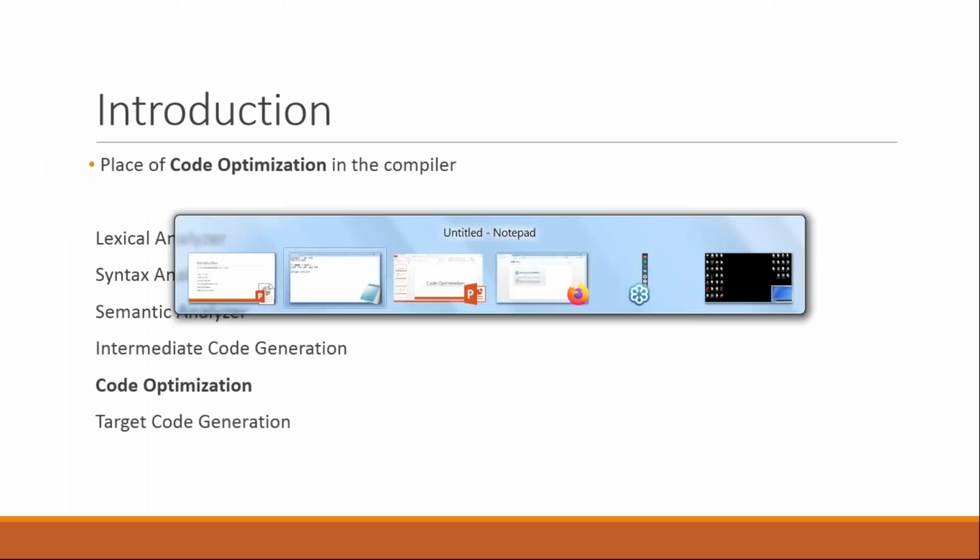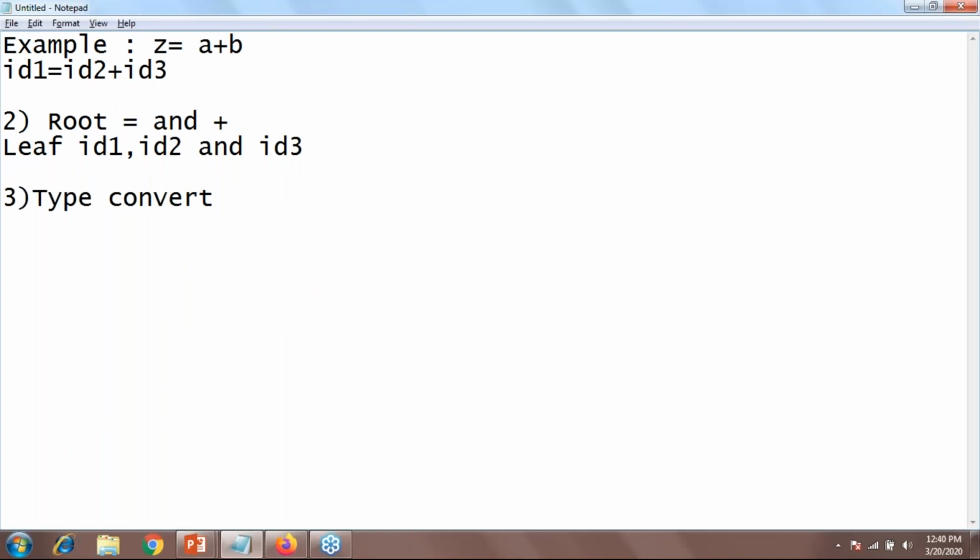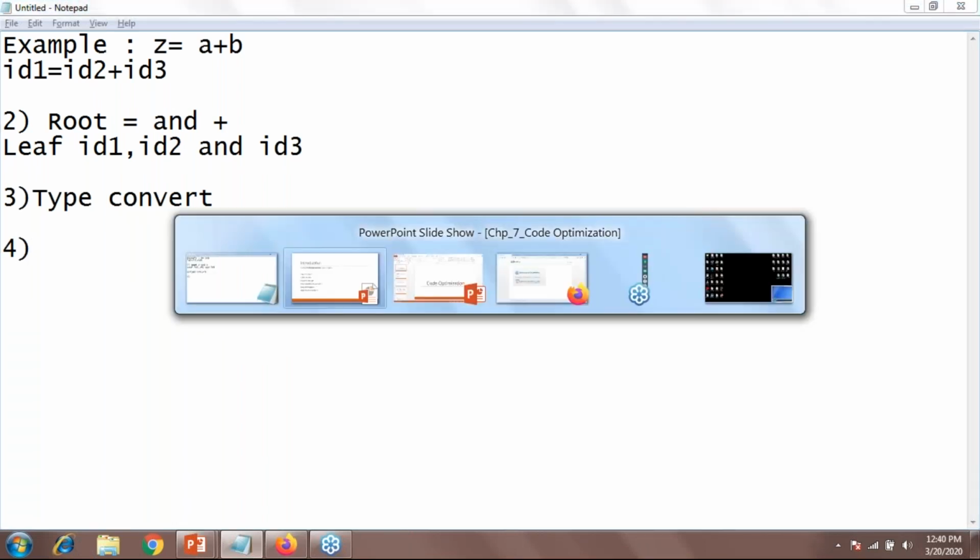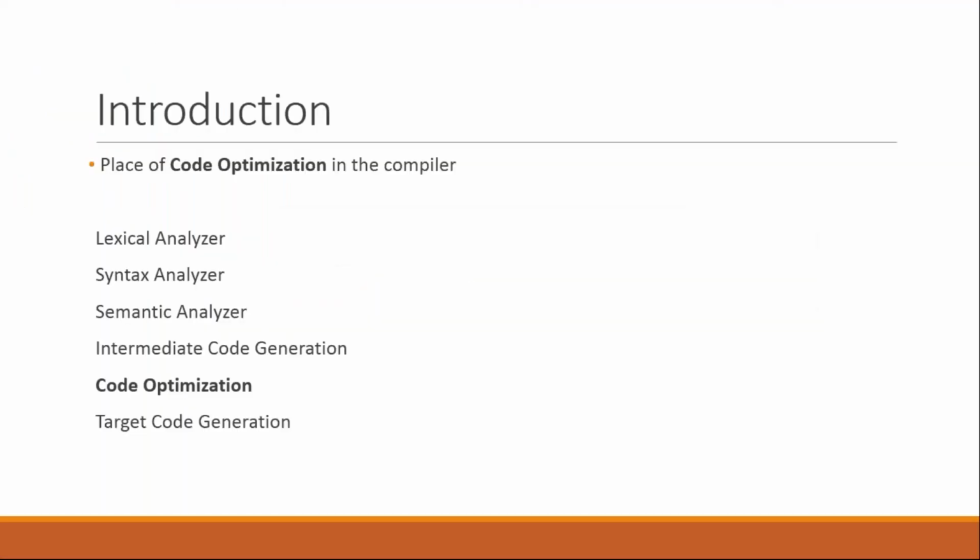Now, the fourth phase, that is the intermediate code generation phase. We are all aware of what the major task of our intermediate code generation phase is. It will generate the intermediate code. Then why do we require intermediate code? Because if we don't have any intermediate code for the given language processor, then we can never generate the code optimization as well as the target code for the given example or the given program.